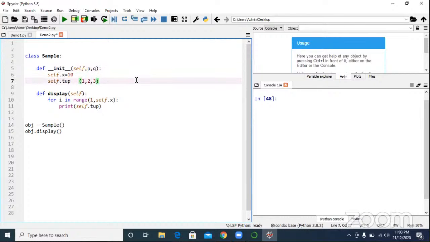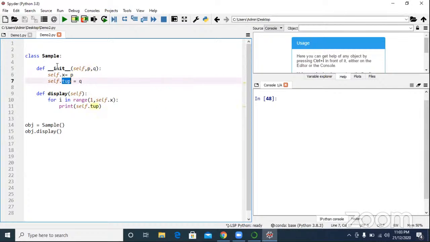P is one argument, q is one argument. Self.x equal to p, and at the same time tup equal to q. So the p value will get initialized to x, and the q value gets initialized to tup.